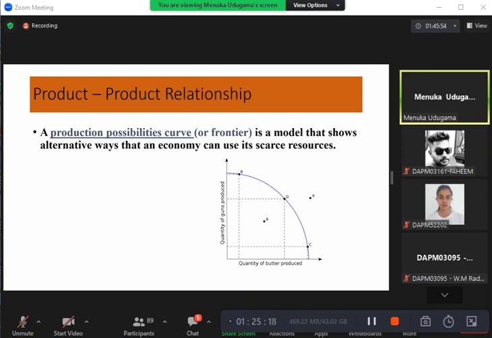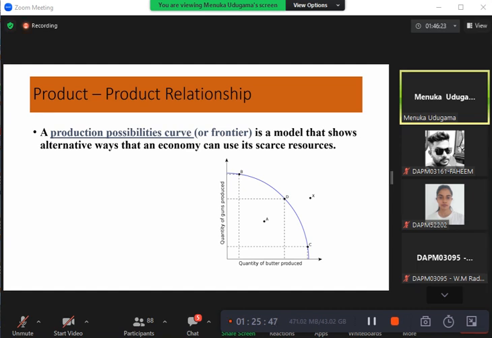Within that year, all resources are fixed, and given those resources, we produce two products. Now, if you have 100 people working in the firm, we assume that you can't hire more people or the people will not leave within that period. With that fixed 100, we produce these two products, right? You can apply the same concept to the economy to understand how you should use the resources, what the efficient points are,